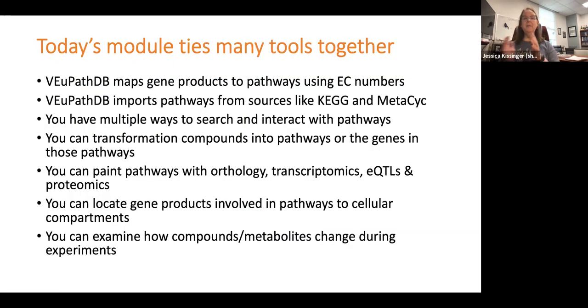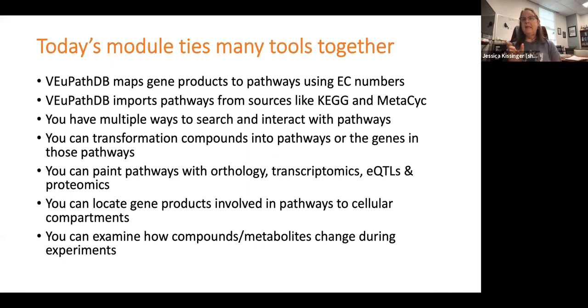So today's module ties together so many of the tools that we have learned over the last several days. You'll have a lot of fun with it. You might even want to revise some of those final projects. We'll see. All right. And so VEuPathDB maps gene products, if it's an enzyme and has an EC number, to